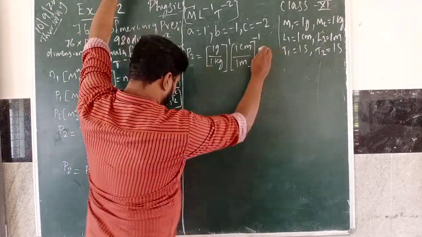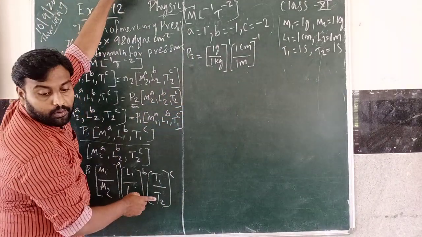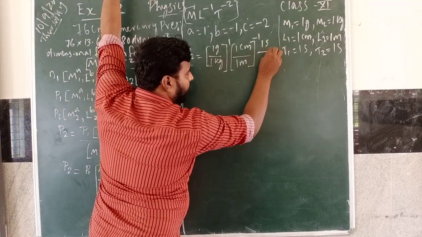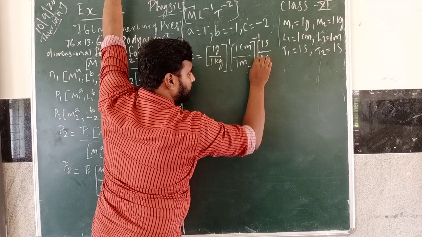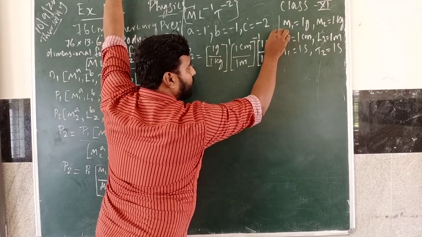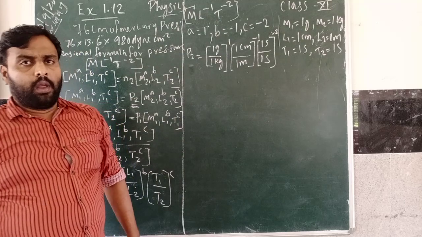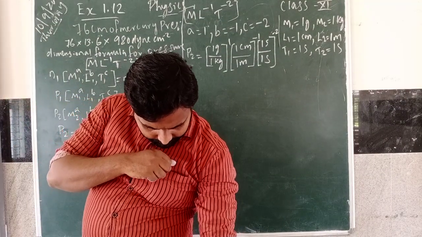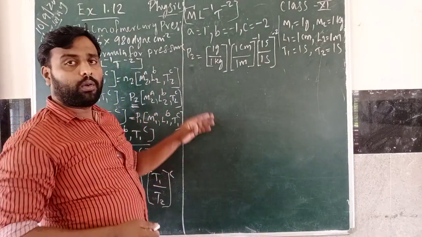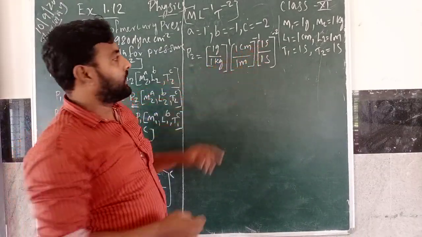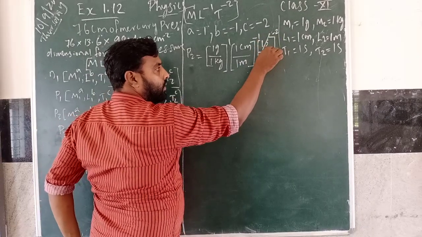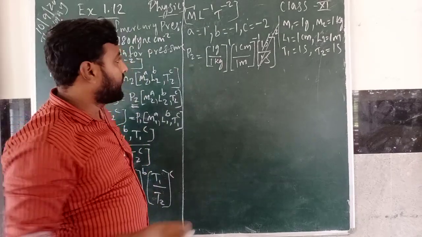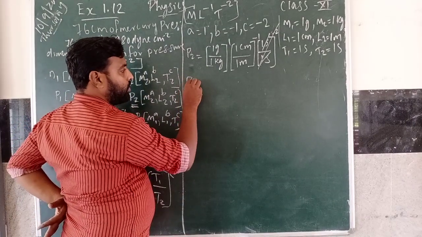Now T1 by T2: 1 second by 1 second, with the power minus 2. Now you can cancel this 1 second with 1 second, so the whole term is cancelled. The remaining is P2 equals